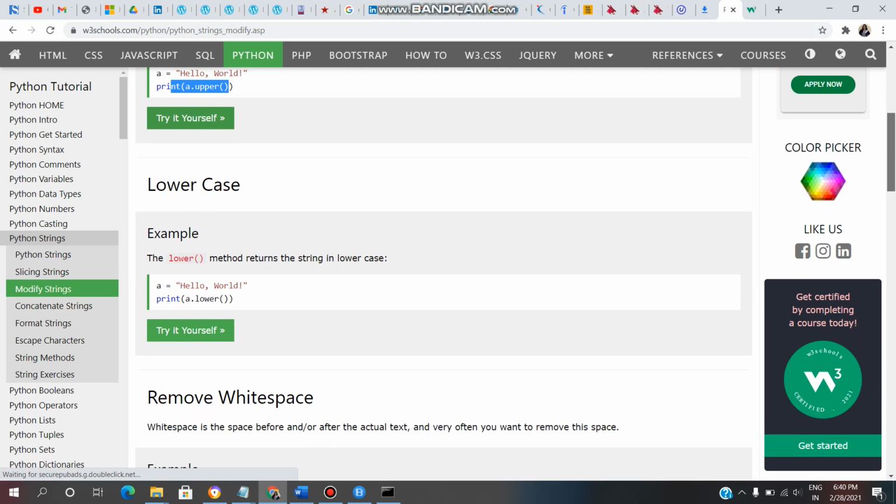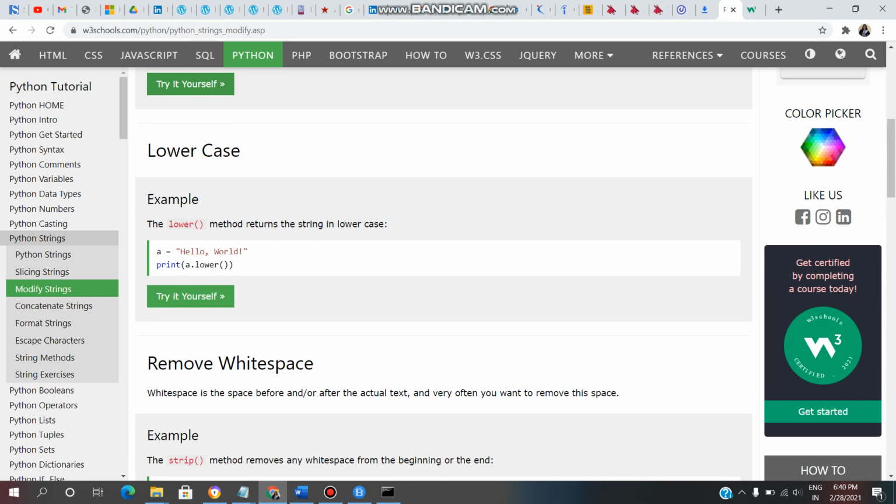Now we will see lowercase. Here, the lower method returns the string in lowercase. Here, a is a variable and we have assigned a string called hello world to that variable. Then print a dot lower. It will give all the characters in that string in lowercase. So we will see this example practically.